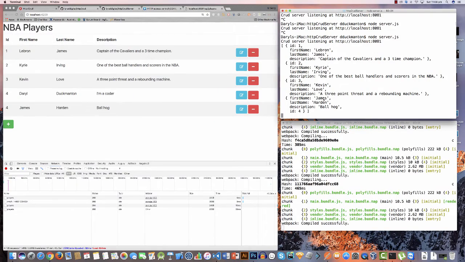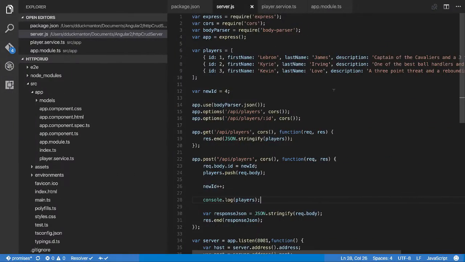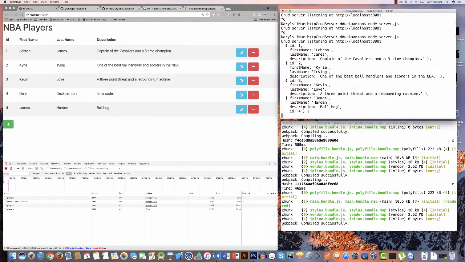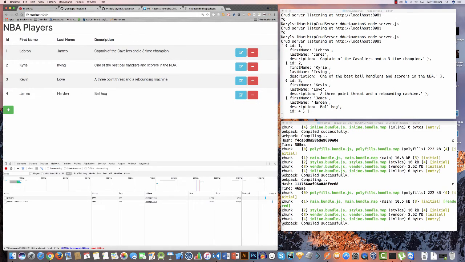Not sure where I went in this list. I should have been added. Oh, that's right. I restarted the server, didn't I? So I'm still over here, but it's because I restarted the server while this application was still running. So as a result, I'm gone again. If I add me,